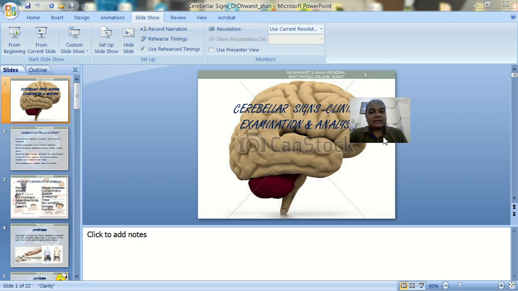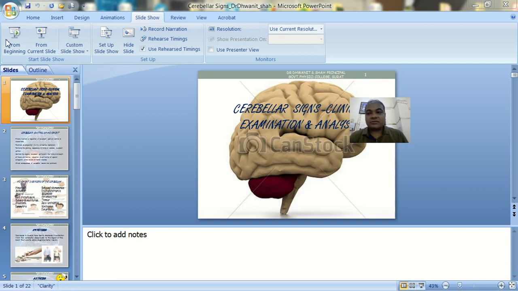So for that it is very important. The cerebellum, you know, is only single in quantity in the brain. We have the two cerebellar hemispheres, but the cerebellum is also called chota dimag, which is present over in the occipital lobe. Beyond that, your medulla oblongata and spinal cord start. So it is a very important structure, and you must know about the clinical anatomy and physiology of the cerebellum. Before going through all these details, you must also refer to the anatomy and physiology part of the cerebellum. Okay, thank you all. Then next we can start with the cerebellar clinical signs and examination analysis.